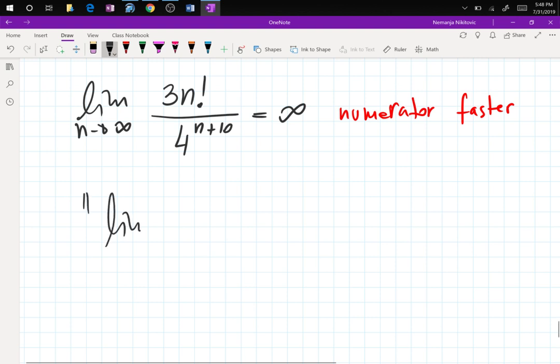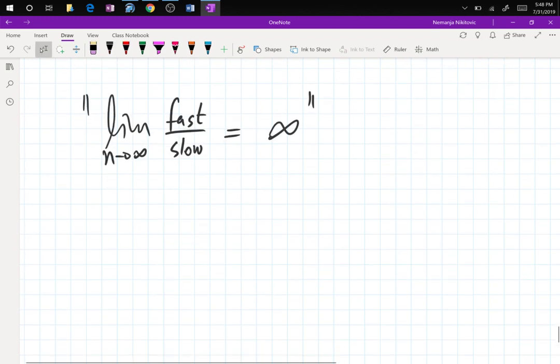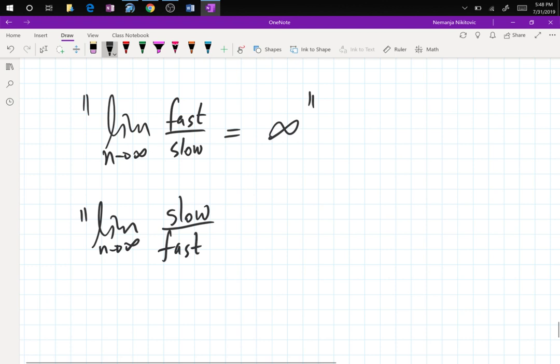So, quote, limit n goes to infinity of fast over slow is infinity. Again, terrible, bad notation, but it helps you remember this and solve limits quickly. Limit n goes to infinity of slow over fast is going to give you 0. So those are the two possibilities that you guys have. And if you know the ordering, then you don't have to calculate a lot of limits. You can just say, oh, by growth rate of functions, boom, done. And you move along. It does not apply in every problem, but when it does apply,